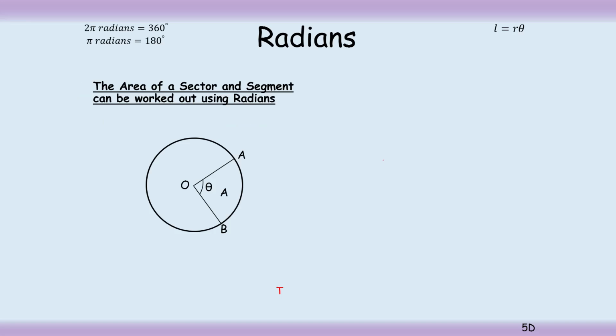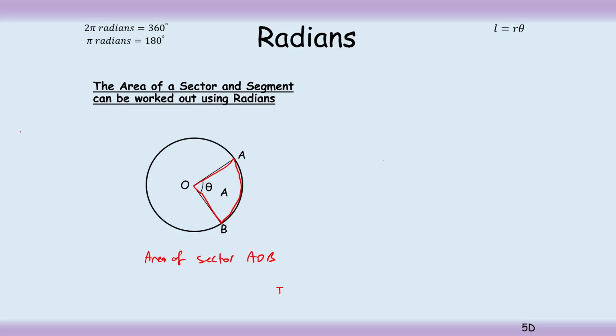So we're going to try and work out the area of the sector and segment using radians. Using radians makes it a lot easier for us. The sector we're going to look at in this circle is this one here. So that sector we're looking at is the sector AOB. So we want to find the area of sector